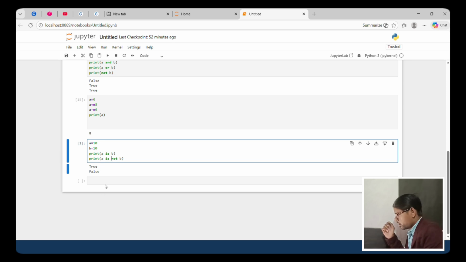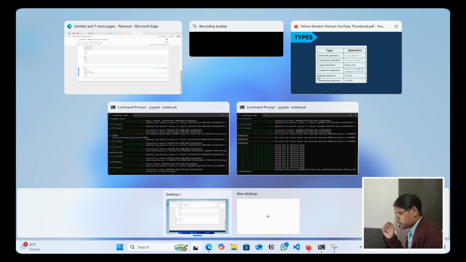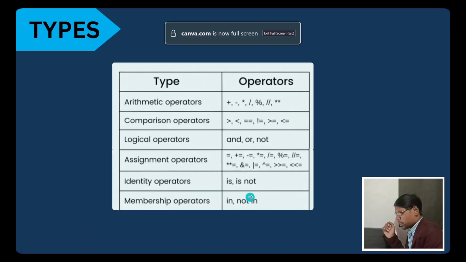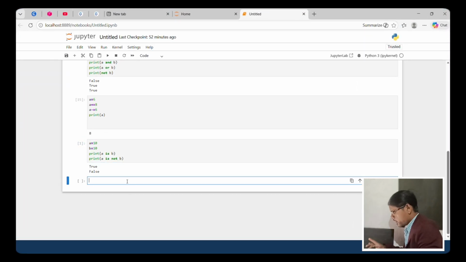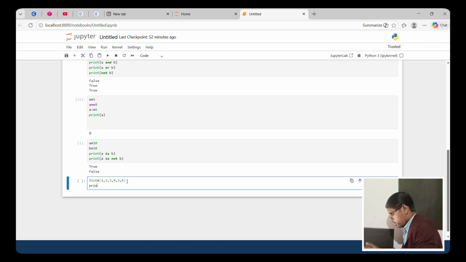Okay, and just next, membership. Yes, most important. I will create a list. Okay, and the list contains some numbers like 1 2 3 4 5 6, and print and check 2 in list.